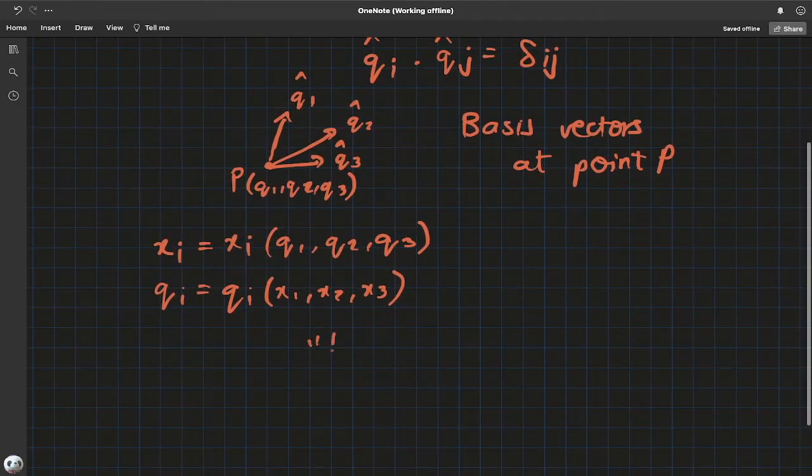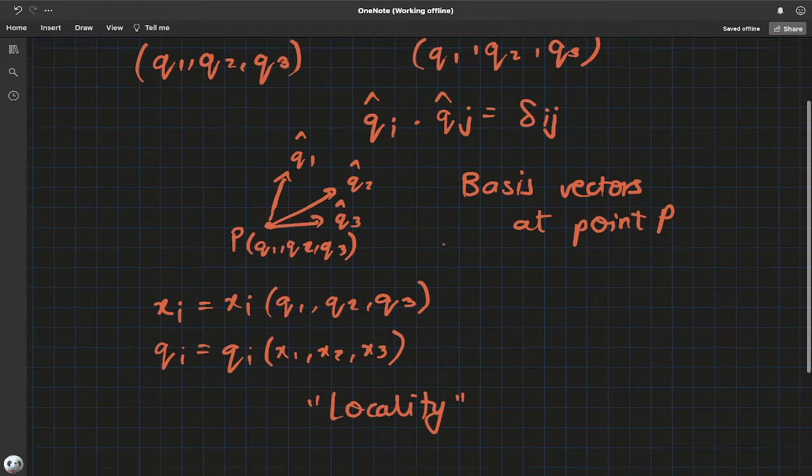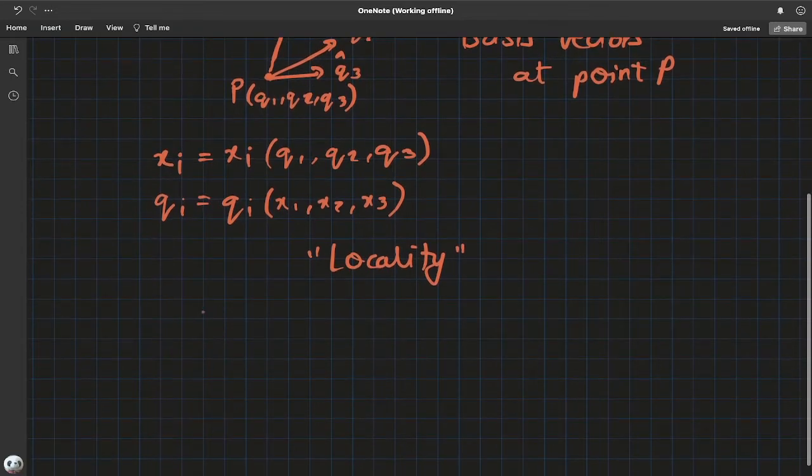And since I kept stressing this idea of locality, with basis vectors changing from point to point and pointing in the direction where the variable had a positive change, given all these observations,